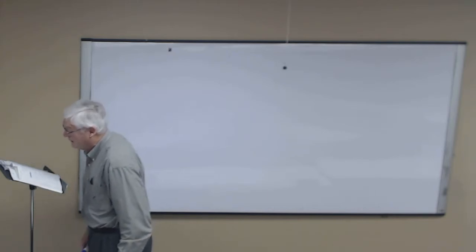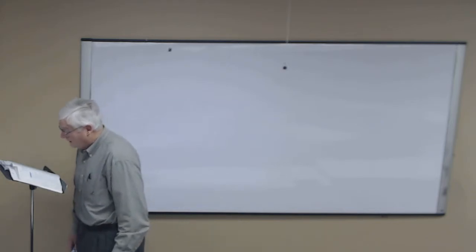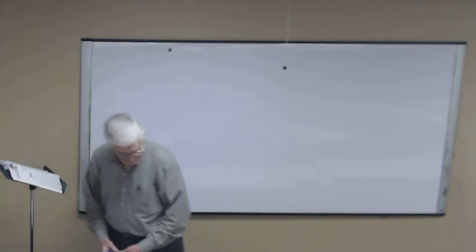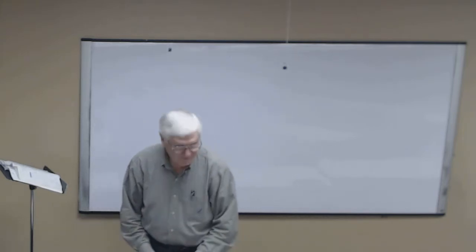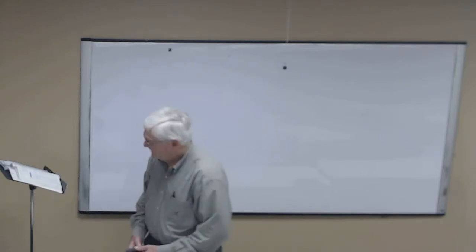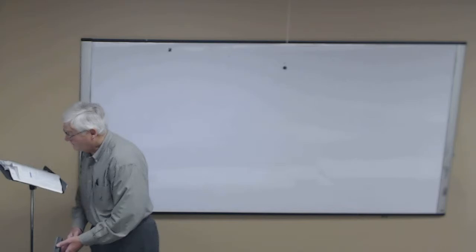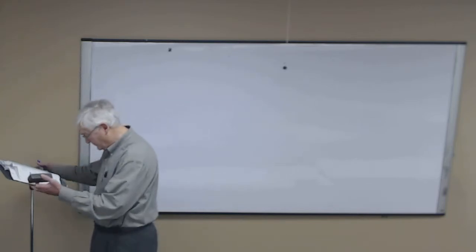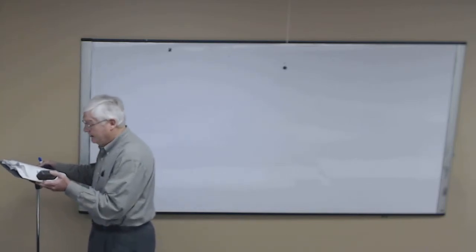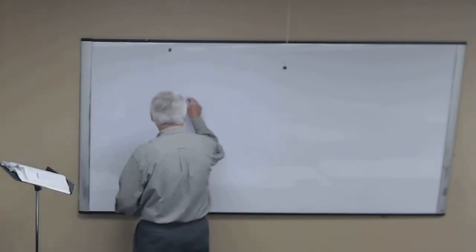Question number 1 on page 224 for the chapter 4 practice test. Write the following in Egyptian numerals. So what you need in your notes are what those Egyptian numerals mean. And let's do 1B. We'll just do one of each of these, so your homework will be doing the rest of them. But 735,